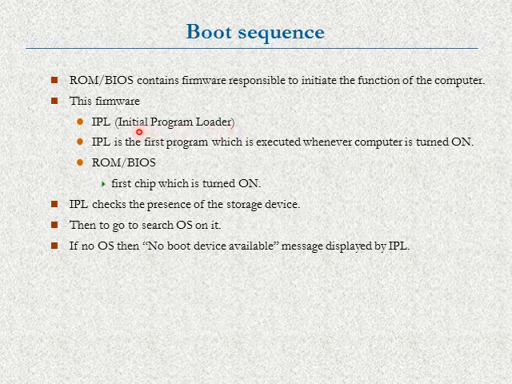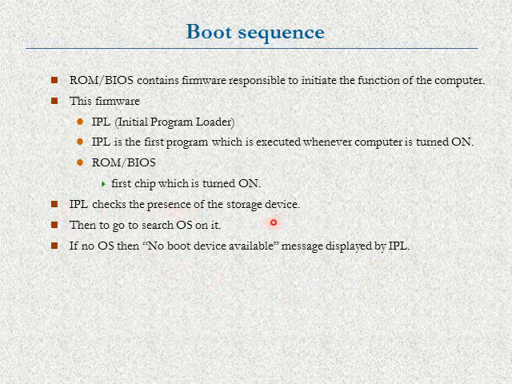That is the first program, the very basic bootloader that is executed once the machine is turned on, and this program is responsible to load the operating system onto the RAM. So this initial program loader is the first program that is executed whenever the machine is turned on, and